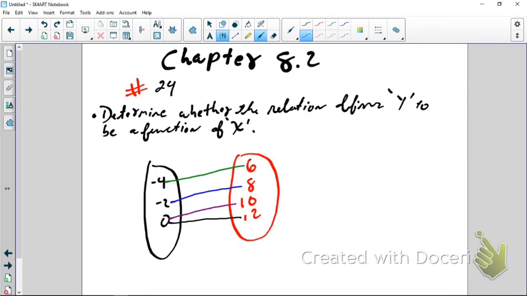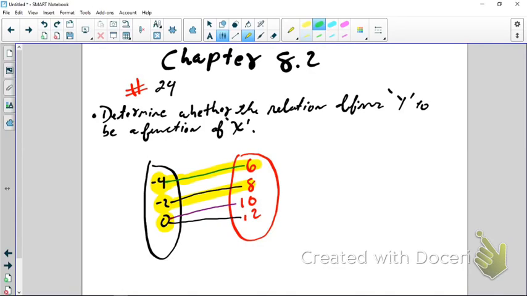The next one is number 24. It says determine whether the relation represents a function between x and y. So the way that we analyze this is by looking at all the given domains that we have from set A. And just as long as we know that there is a uniqueness of one to one,